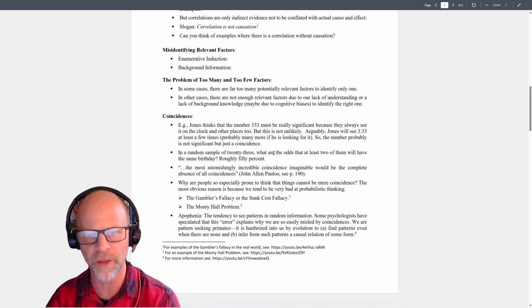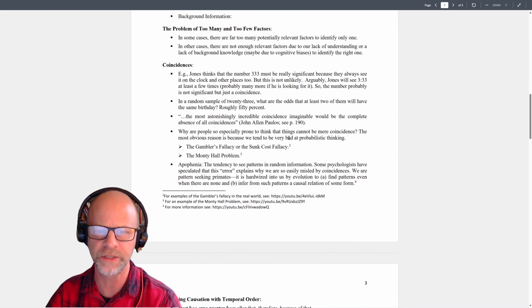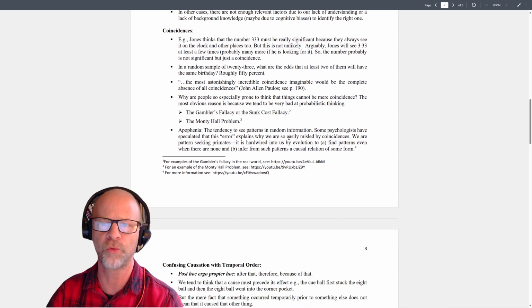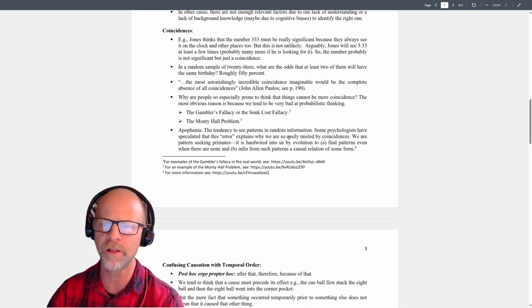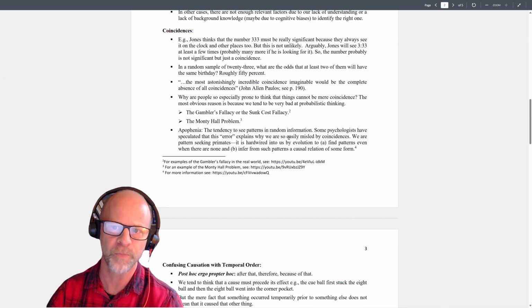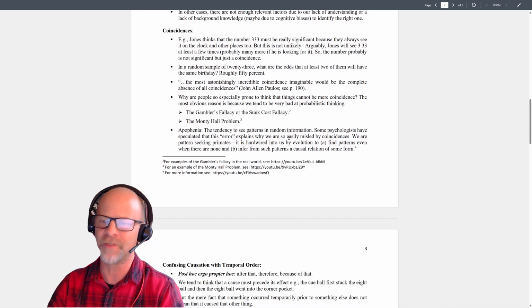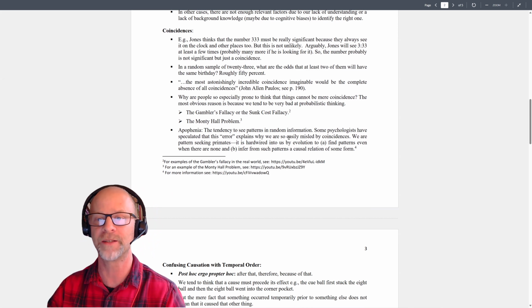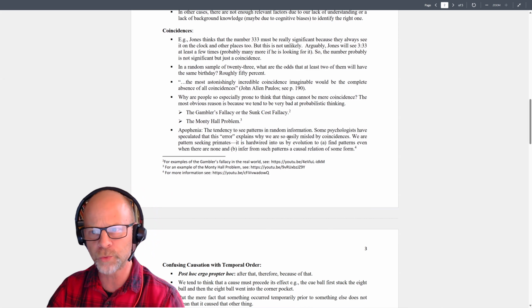So, to help think about this, let's consider coincidence. For instance, Jones thinks that the number 333 must be really significant because he always sees it on the clock and other places too. But it's not very unlikely, right? Just because Jones happens to see this 333 number all the time doesn't mean that that's something that should be unexpected. In fact, arguably, Jones will see 333 at least a few times,